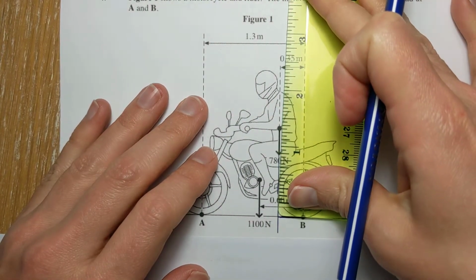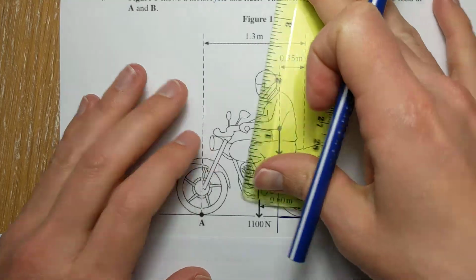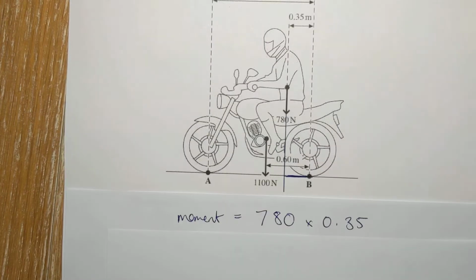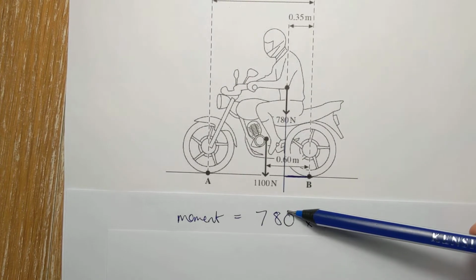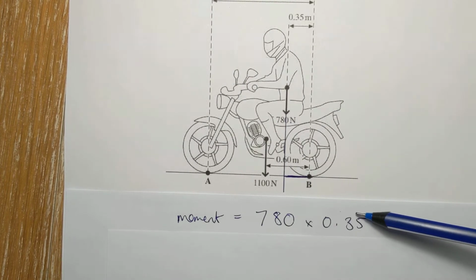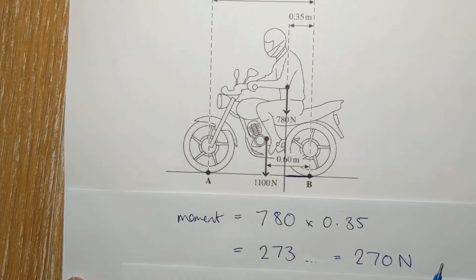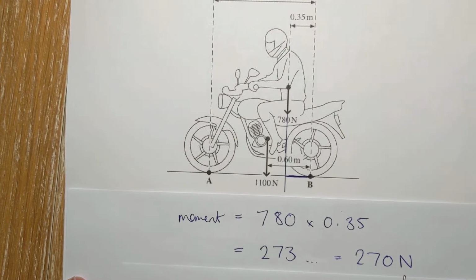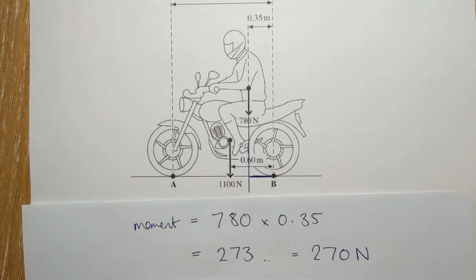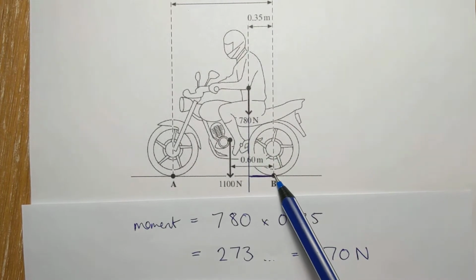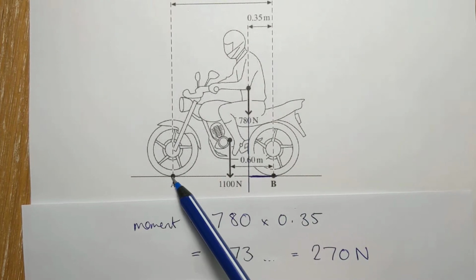We've got a right angle there between the force and the distance. So that's good. So we can just do, so there's the driver's weight times the perpendicular distance, and so that's 273, not rounding, but actually it should only be two significant figures, so we should round to 2 sig fig there. Then the next part of the question asks us to take moments about B and thereby calculate the upwards